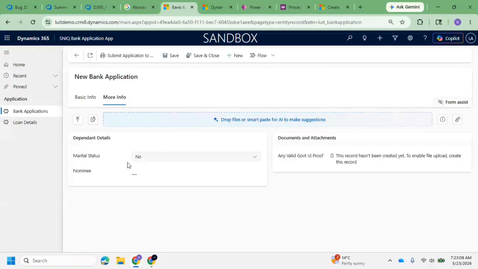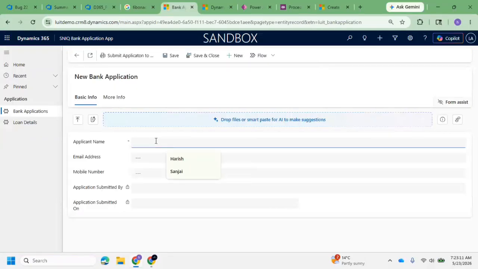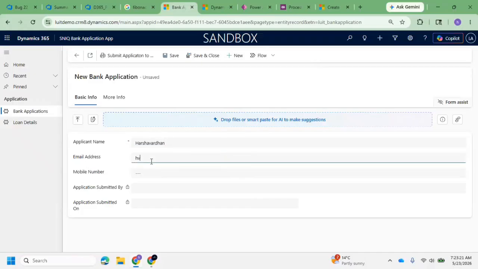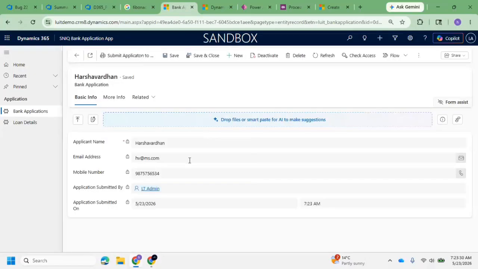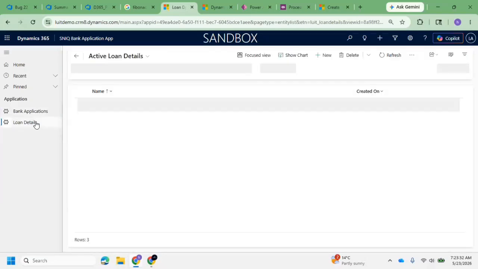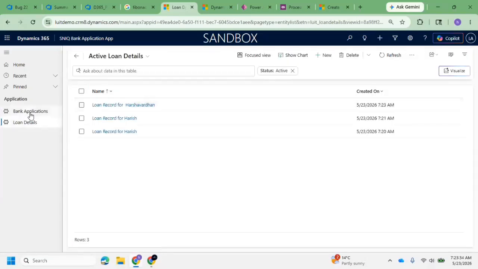I will be using a different name to avoid confusion. I'm entering the mandatory fields, the applicant name. Now if you see loan details, loan record for Harshvardhan. If you create some other,